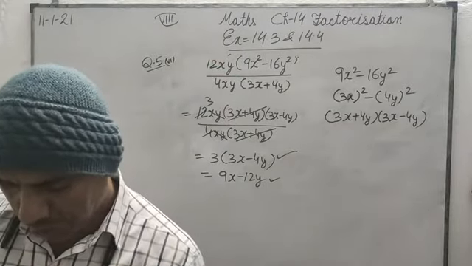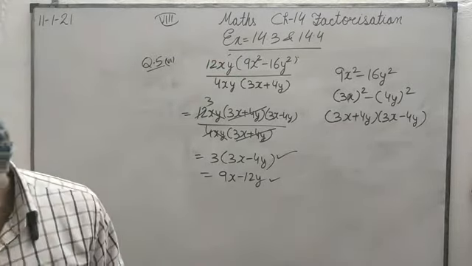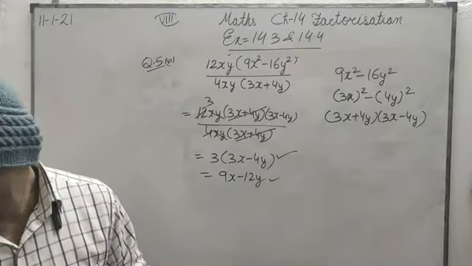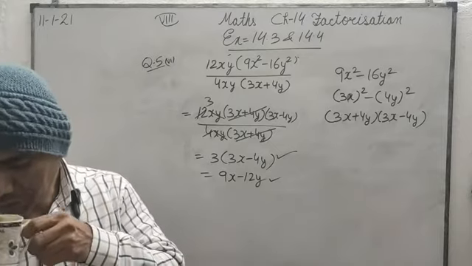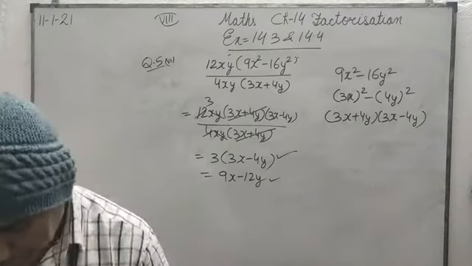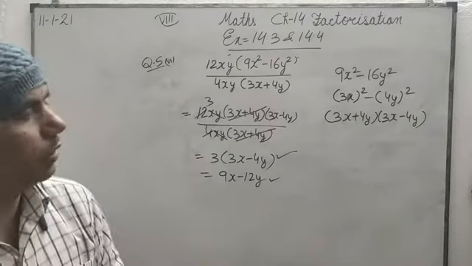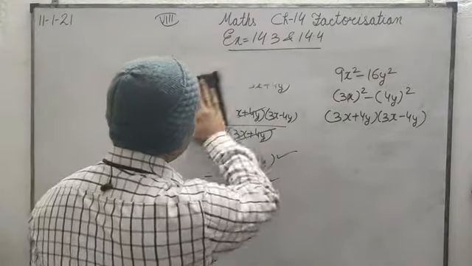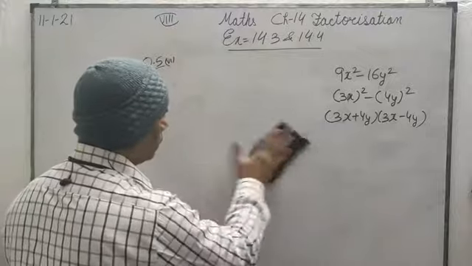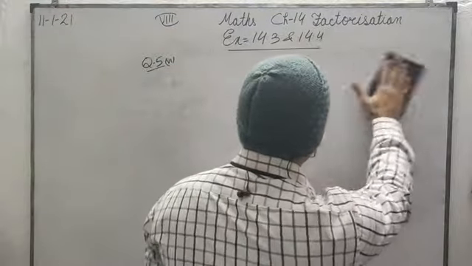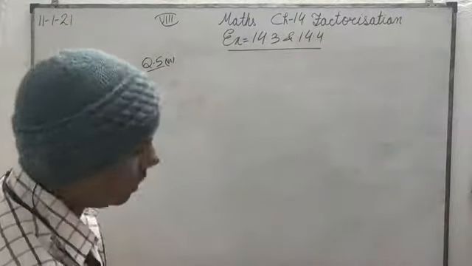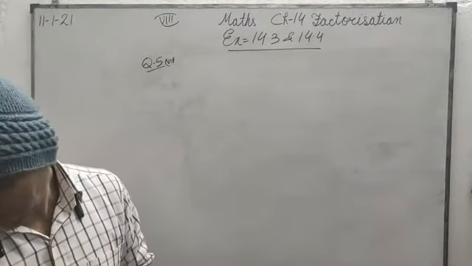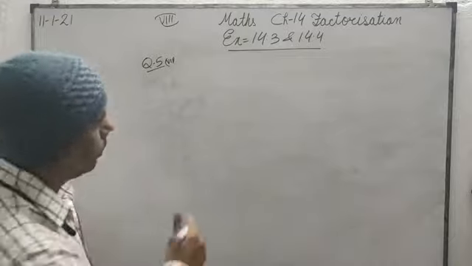So the same way, question number 5 is there. This was question number 6. Now let us see question number 7. What is there in question number 7? There also we are having the same identity, but you will not be able to see the identity straightforward. You will have to mold it first and then apply it.